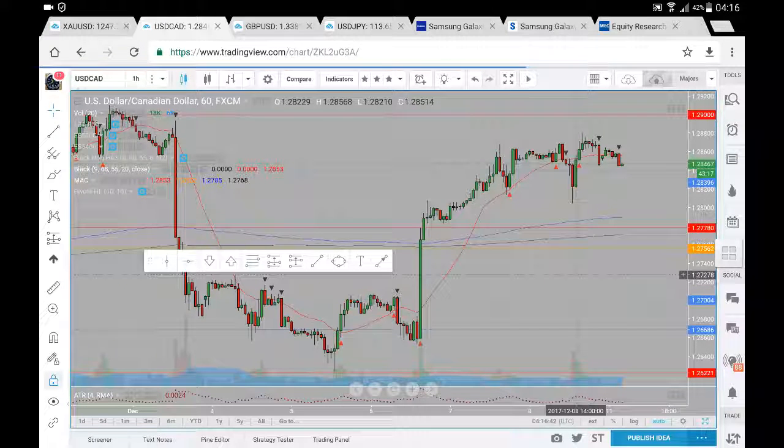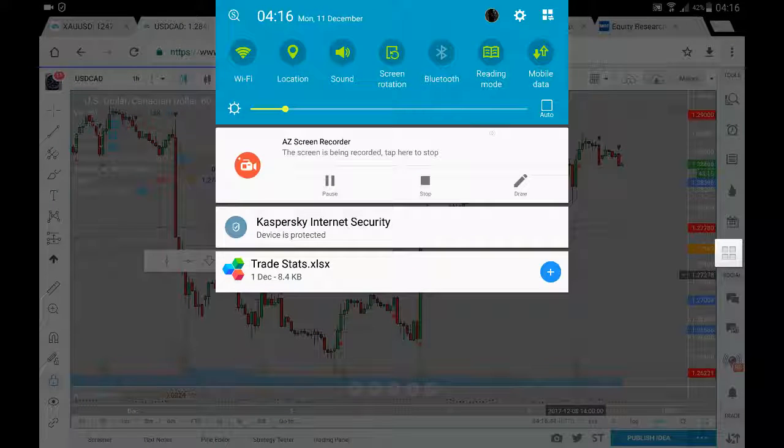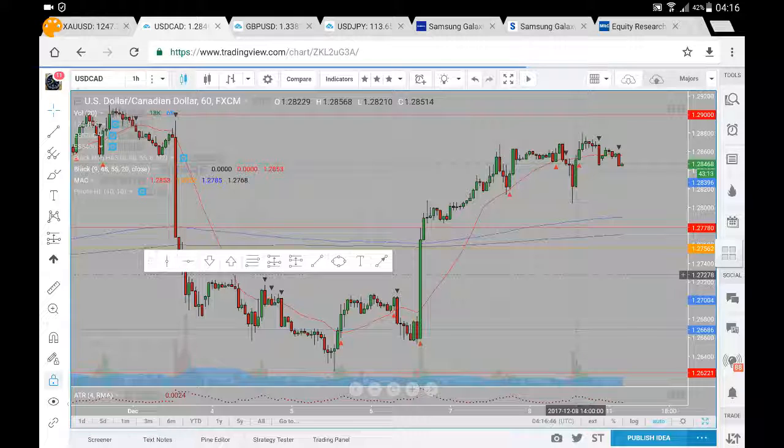So this is the US dollar Canadian dollar analysis for Monday, 11th of December. Now, let's have a look at where prices have gone and where they may likely go. So we had what appears to be a news catalyst just there. We've had a strong continuation up to all above this